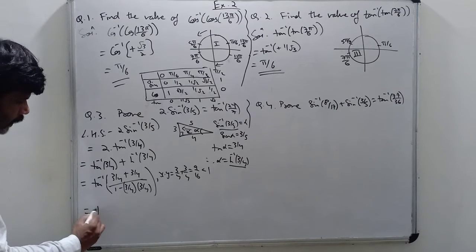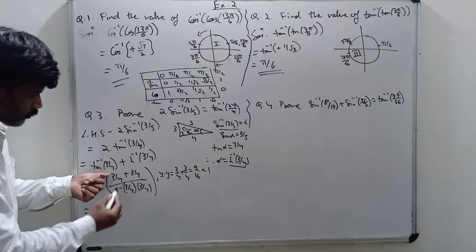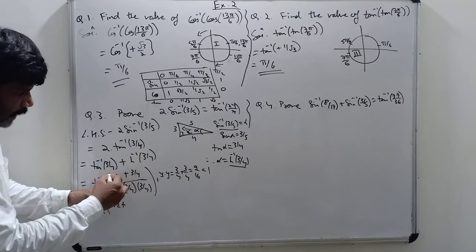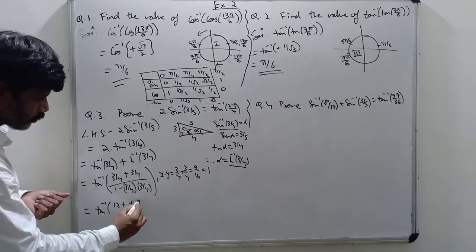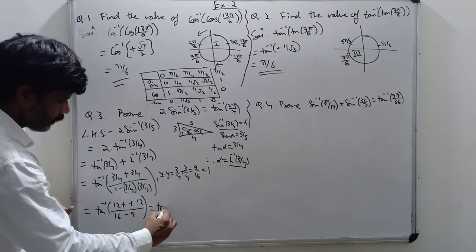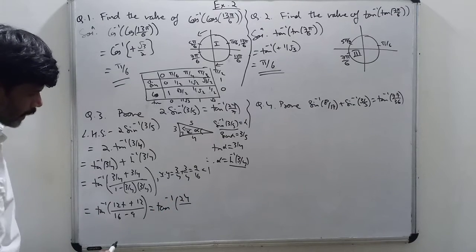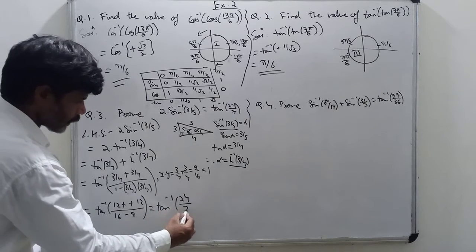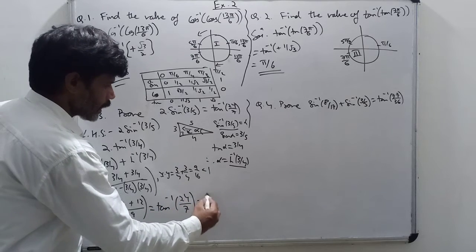Okay, now calculation only. Tan inverse of, I am taking LCM 16 in numerator and denominator. So here we get 3 into 4, 12. I have not cancelled here, I have taken the LCM. Numerator also 4 into 4. So 3 into 4 plus 3 into 4 upon 16 minus 9. So you are getting tan inverse of 12 plus 12, 24, upon 16 minus 9, which is 7. So I am getting tan inverse of 24 by 7. That is equal to the RHS. Hence proved.